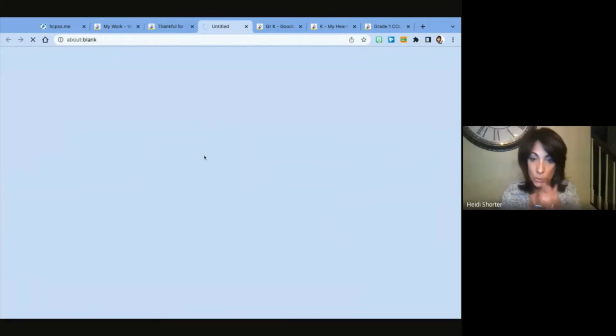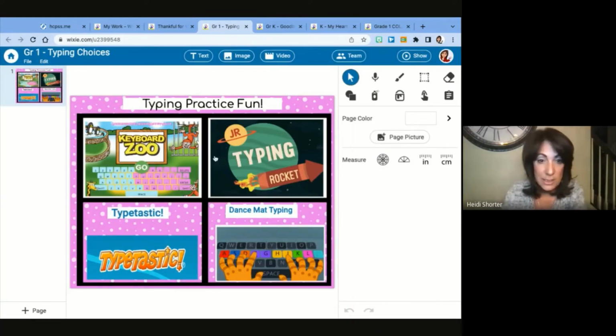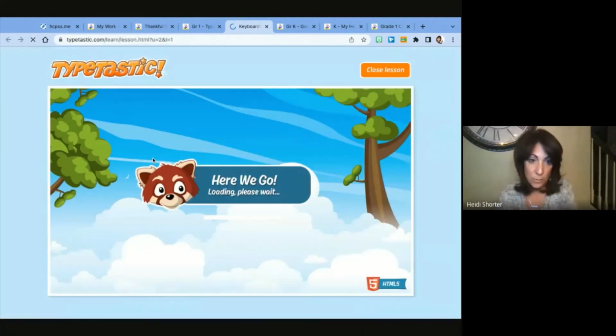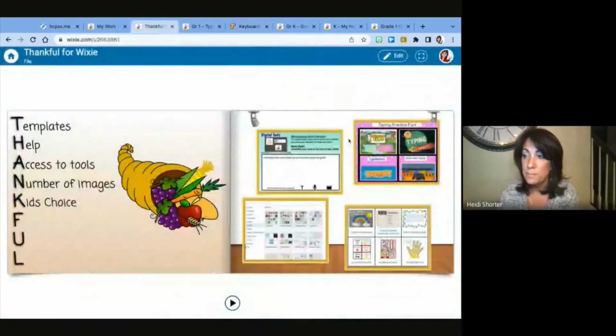If you click on this choice board, all we do, because you can also add outside links in your Wixie, is link to different activities online. And it's a really safe way to get the students to a website that you want them to use, or that is something that you approve of, but they can get there safely. They know how to go to Wixie, they know how to open their assignment, and then they can just click into the activity, and it takes them right into the safe place online. So we use the choice boards like that a lot.